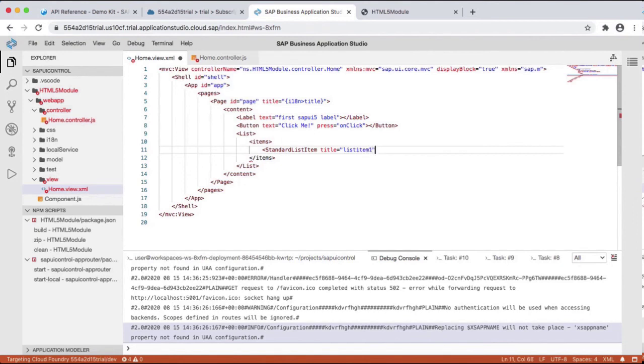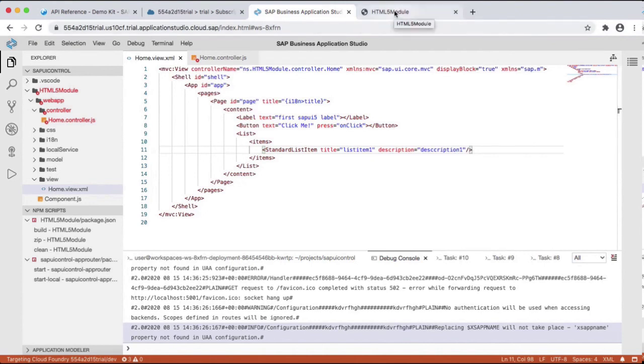So I'll give a text to title as well as description. I can close this standard list item. So now the list has only one standard list item.